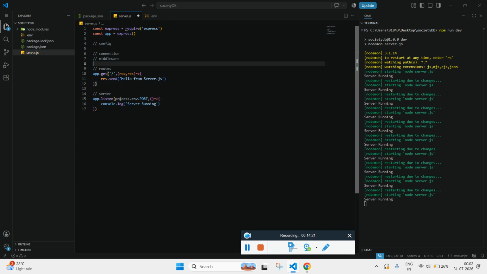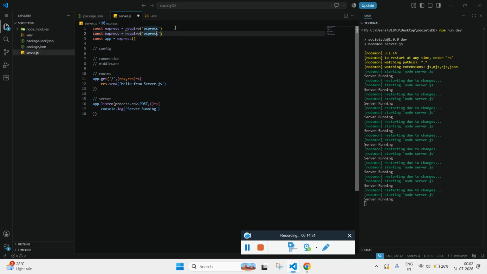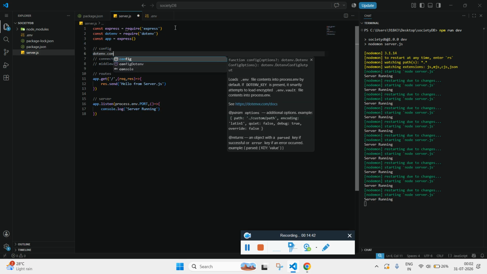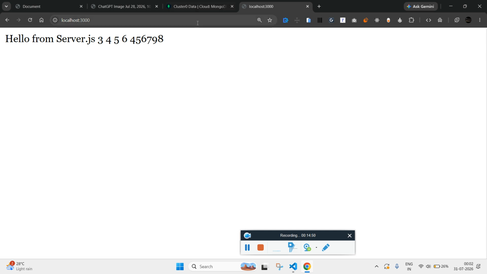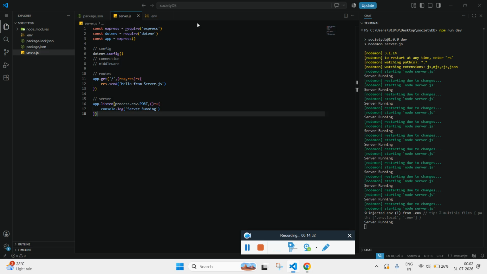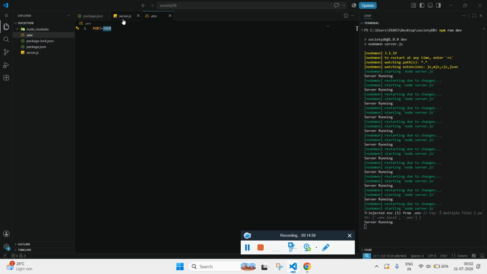process.env.PORT. Now to initialize the .env file in this server.js, you have to call the dotenv package, and I'll just create an instance of it. And this isn't enough, we need to call the config function to make this work. Now you see, if I press Ctrl S, your code will work as it is, because the port has been called from this particular file,